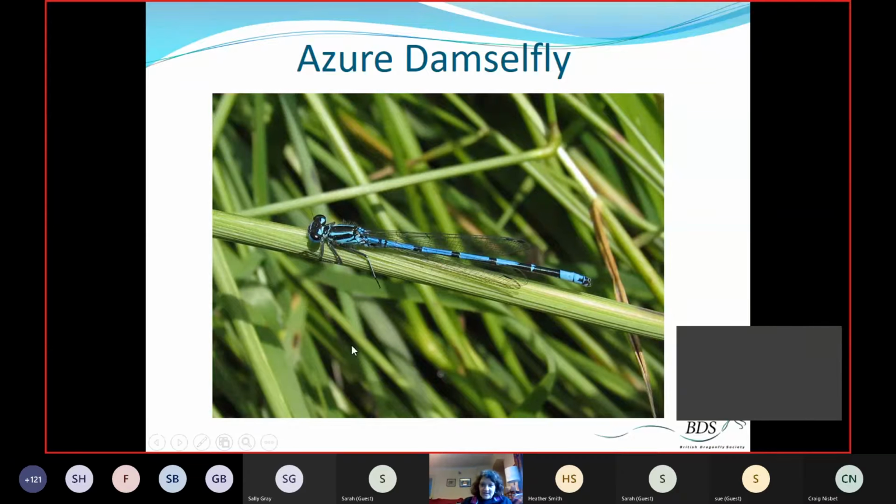But the way to identify the Azure Damselfly is, well, you can see it's got narrower blue shoulder stripes than the common blue. It has this extra spur on the side of the thorax. And here, where the common blue had the mushroom, the Azure Damselfly has, not quite an H shape, but almost like a beer glass shape, is how it's been described, or a Honda logo, is how it's been described as well. It's not quite as blue looking down the abdomen, and when we get to segment 8